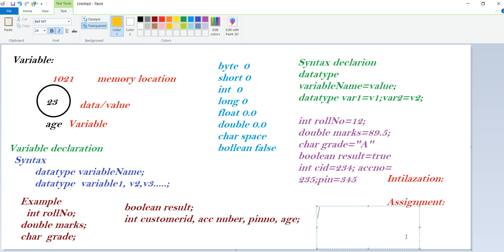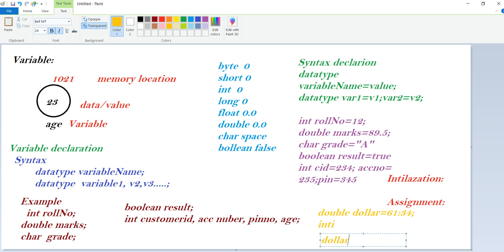Let me show you an example of initialization and assignment. Double dollar equal to 61.45, today my dollar value is 61.45. This is called initialization. Then after this initialization, now I'm assigning values.